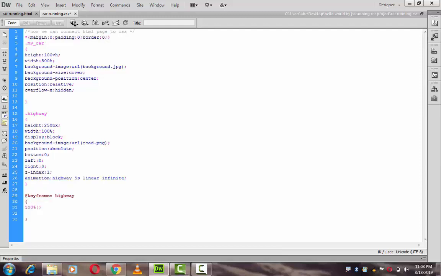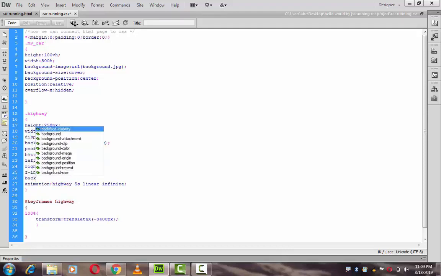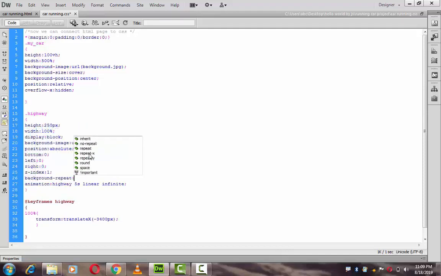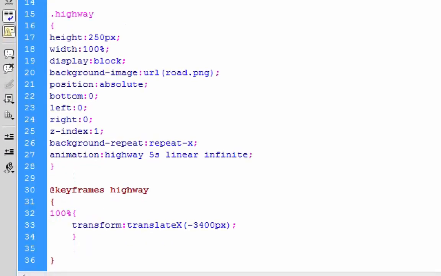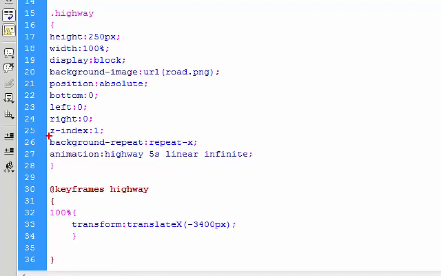And for our animation we use @keyframes highway, that means it specifies the animation, which type of animation it will do. After that we use transform, that means it can rotate the animation in a 3D direction, and translateX, that means it can run the animation on the x-axis only. So this is the way, and we use 3400,